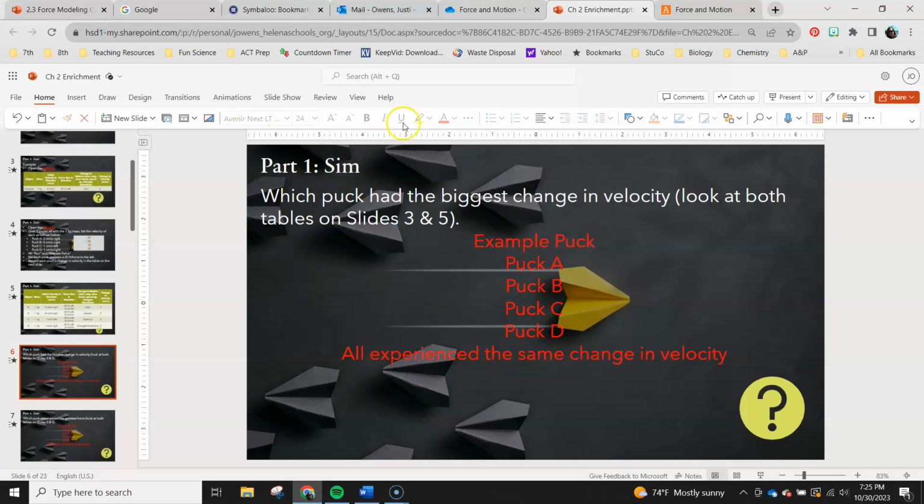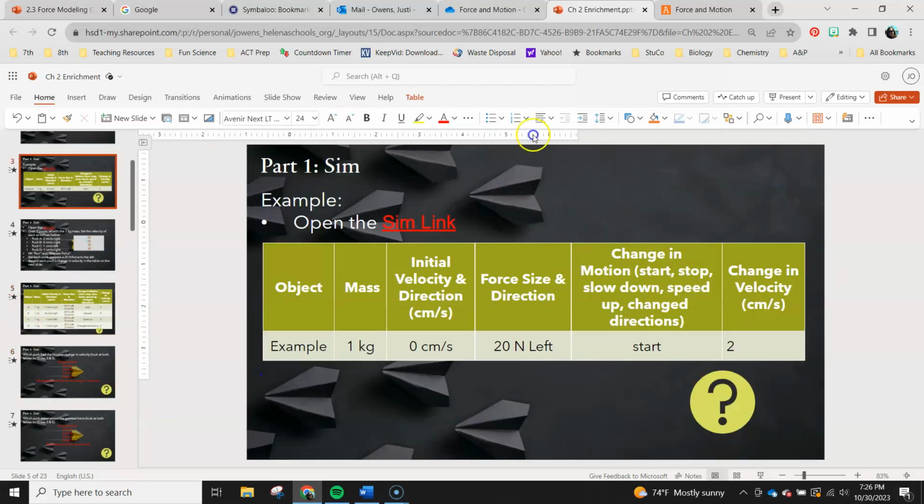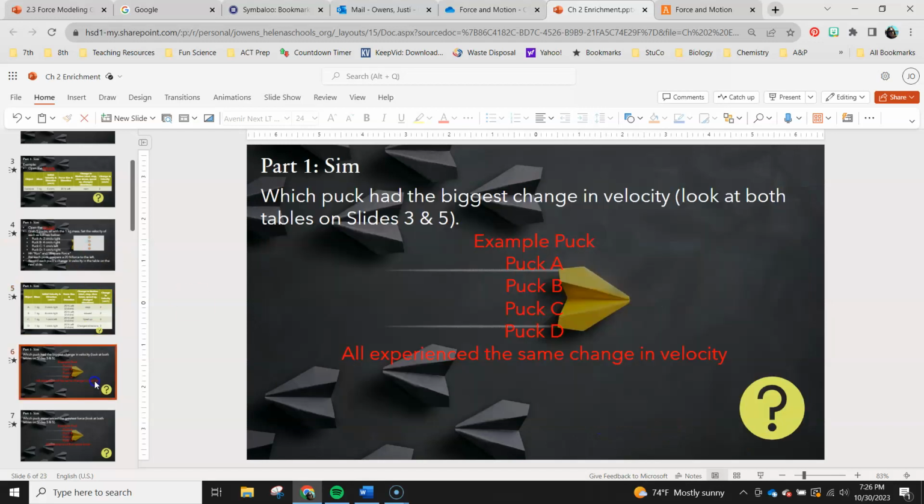The reason I'm asking this question is because I saw a big misconception on the test. If I look back at this data table, they all have a change in velocity of 2. And if I look at the original example I did, it also had a change in velocity of 2. This object started moving, this object stopped moving, this object slowed down, this object sped up, and this object changed direction. One of the answers I saw a lot of on the test, when asked which had the biggest change in velocity or which experienced more force, was that